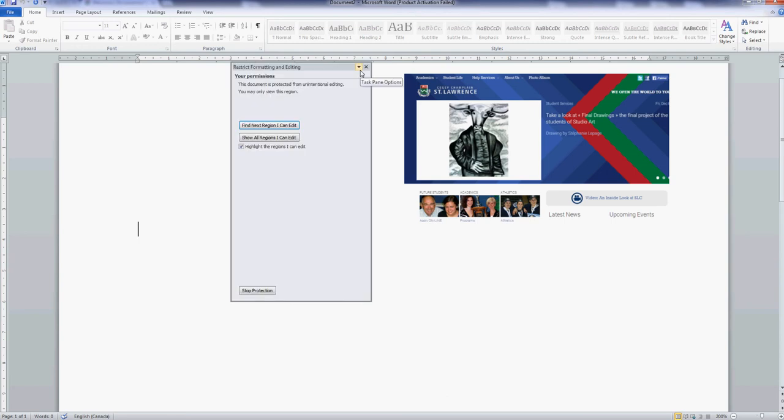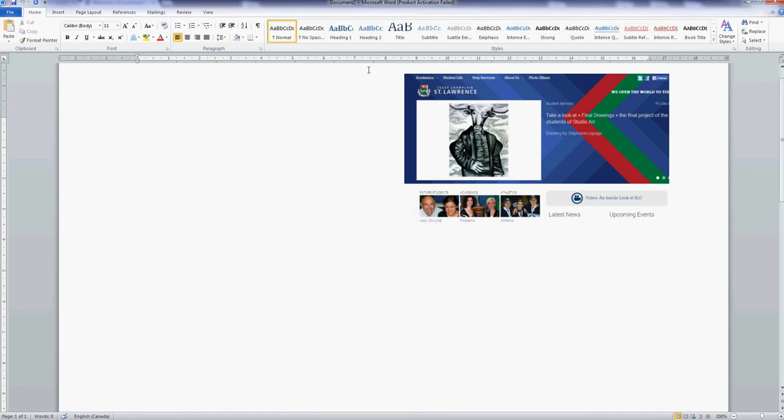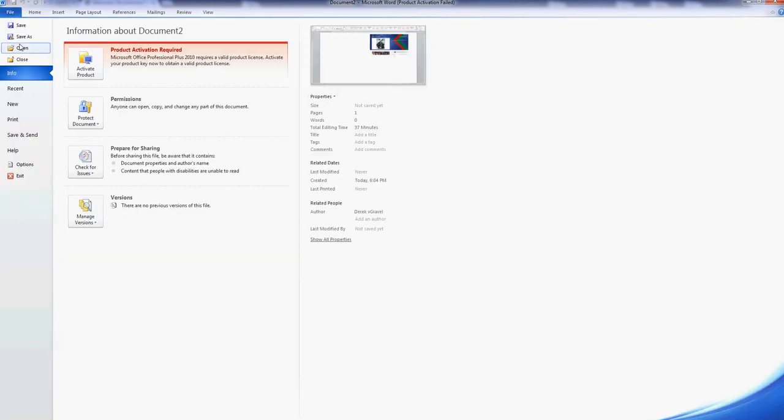Alright, for our last step, I'm going to show you how to create a macro. So to create the macro, we're going to have to start by stopping the protection. As you see, we have the password that I created before, which is 123. There we go. Stop the protection. From there, we can begin to create our macro. In order to create the macro, we're going to have to enable the developer tab. To enable the developer tab, you're going to need to go back into your files, click on the options,